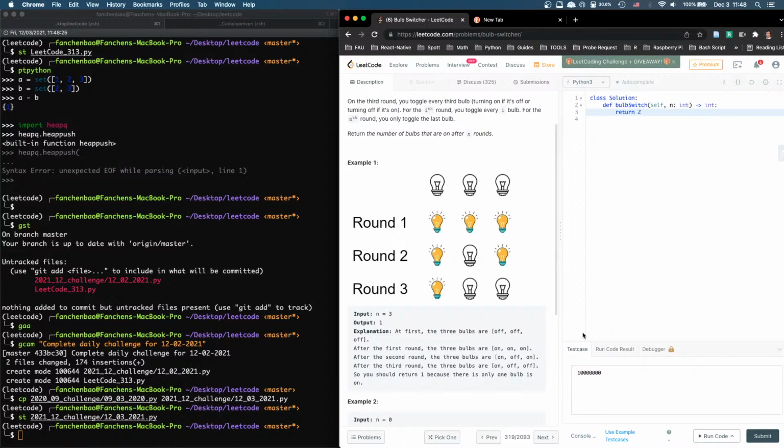Well, 8, we find out, is going to be an even number, right? 2, 4, 8, 1. So 8 is going to be 0. So that's also going to be 2. For 8,